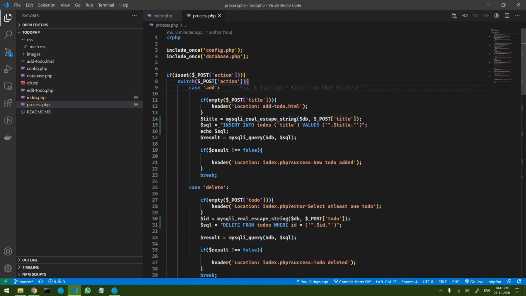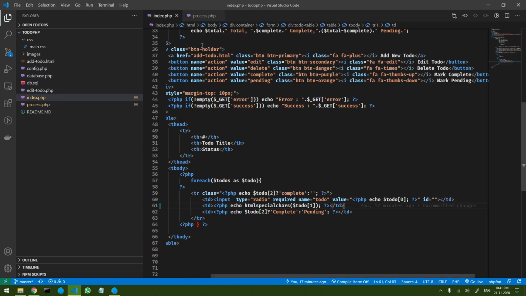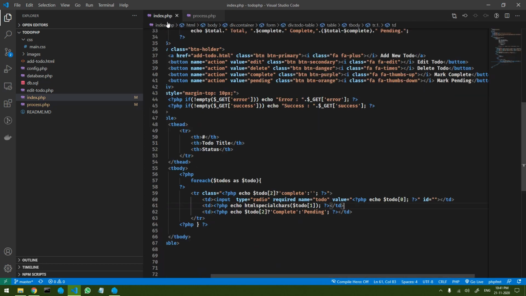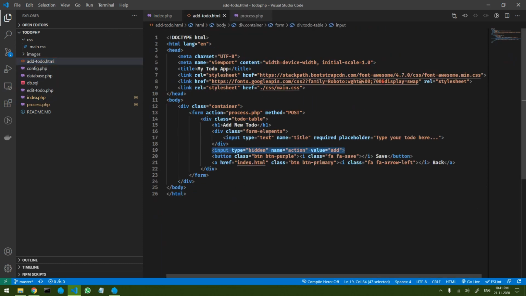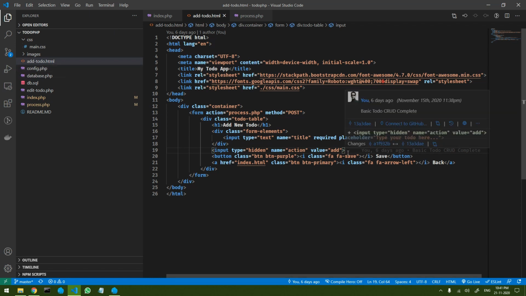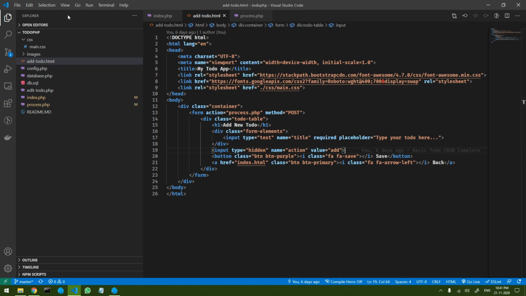Now in this add to do page, first of all, I have to go to the page, that is the add to do.html, right? Now this is an HTML page, so it will not be possible for us to generate a token here, right? So the first step would be to convert this into a PHP. So let's save this as